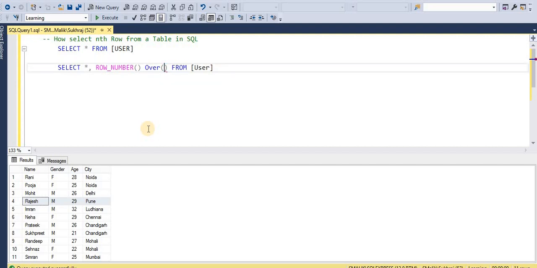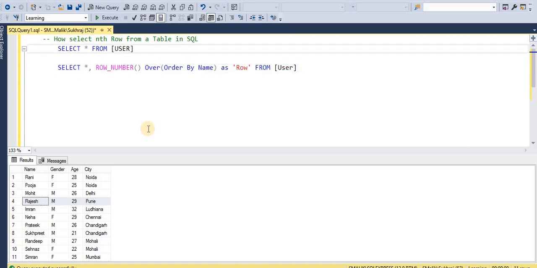In this case we will not use the partition, we will use only order by. If I use order by name, in that case I will take it as row. Let's comment this one.